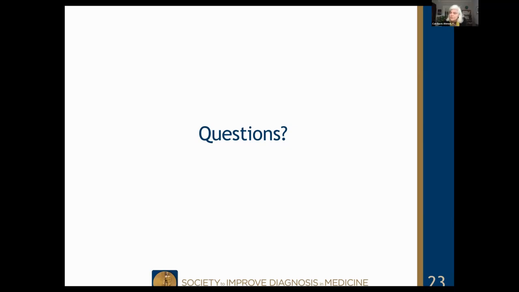Can I add one point, Suze? Chad, I don't know if you also include the HBOC, the hereditary cancers. One of the points that we would certainly add is that there's also a missed opportunity, not only for that individual patient, but when you have hereditary conditions, if you're not properly diagnosing that it's a genetic driver of whatever, ovarian cancer or heart disease. Cardiomyopathy is a great example also, right?